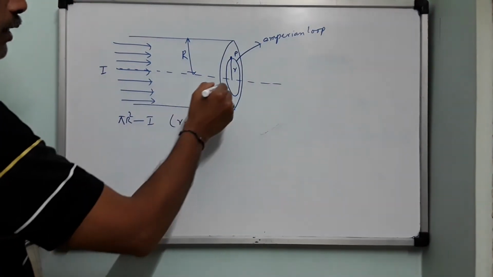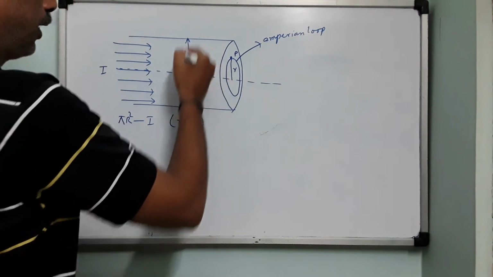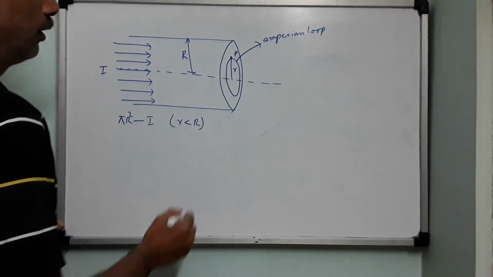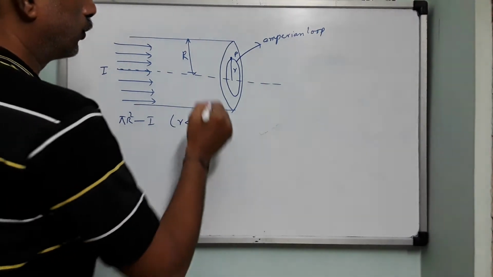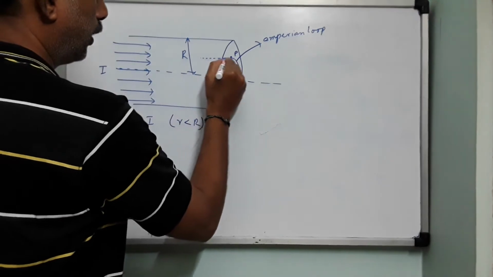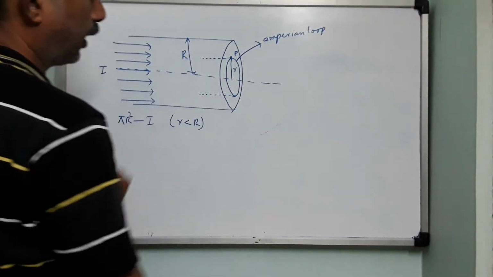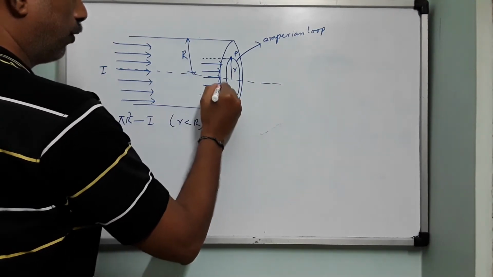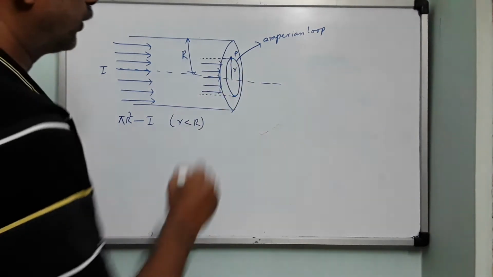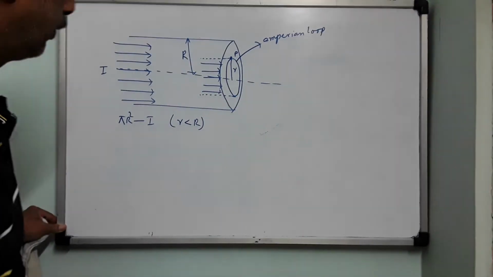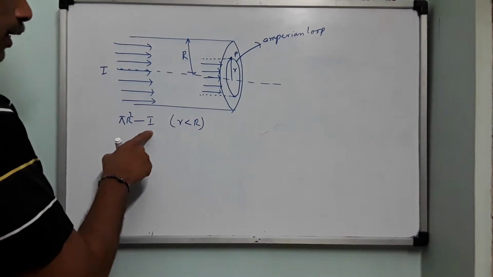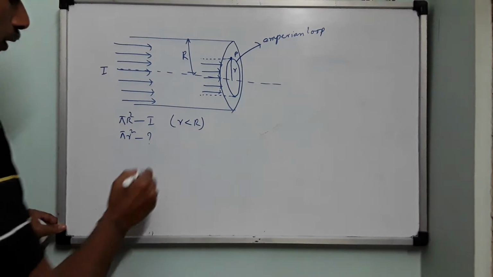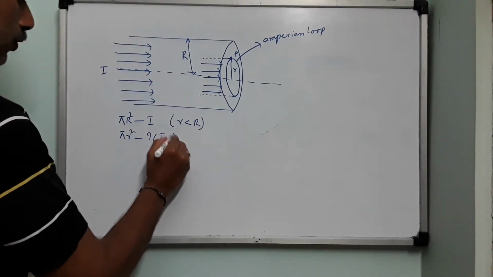Now children, you can clearly see that this Amperian loop cannot enclose the total current I because it is inside the conductor. So how much current can this Amperian loop enclose? To calculate that, you just draw the figure like this. So now this is the current that is enclosed by this Amperian loop. So what is the cross section of Amperian loop? It is pi r square. So if pi capital R square encloses a current I, then pi small r square encloses how much current? This current, name it as current enclosed IE.